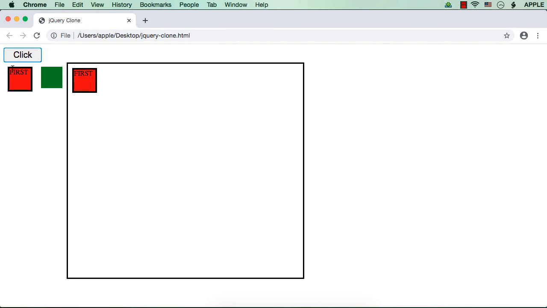See, this element along with the text has been copied into the container. If I click once again, see, one more time, this div element with ID first has been copied into the container. So that is what happens when we call the clone method. It creates a deep copy of the matching element or elements along with its child elements and also the text. So here we don't have any child element, we only have text which is getting copied into the container. Here we have specified append to, so it is appended into the container element.